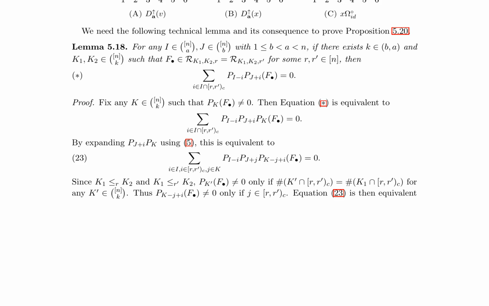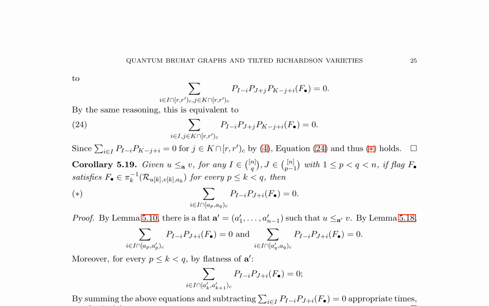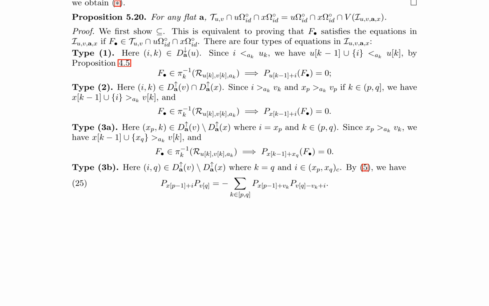The section concludes with a discussion on controlling the dimensions of quasi-affine varieties, including a lemma on the dimensions of quasi-affine varieties and their intersection with certain charts. The research paper discusses quantum Bruhat graphs and tilted Richardson varieties, focusing on the properties and relationships between these entities. It begins by establishing an equivalence between two sets of equations, demonstrating the connection between quantum Bruhat graphs and tilted Richardson varieties. The paper then introduces corollary 5.19, which states that under specific conditions, a certain summation of equations equals